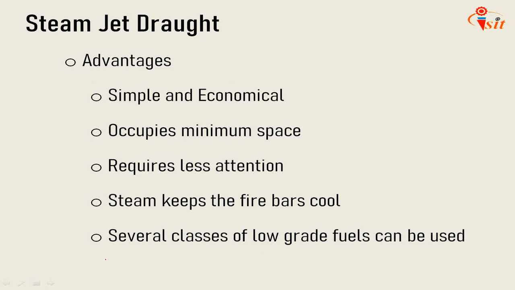The next category is steam jet draught. Steam jet draught is a simple and easy method of producing artificial draught. It may be forced or induced type depending upon where the steam jet to produce draught is located. If the steam jet is directed into the smoke box near the stack, the air is induced through the flues, the grate and ash pit to the smoke box. If the jet is located before the grate, air is forced through the fuel bed, furnace and flues to the chimney.